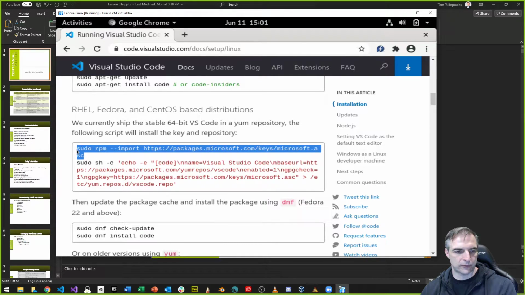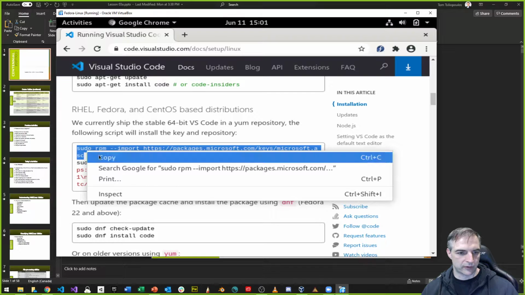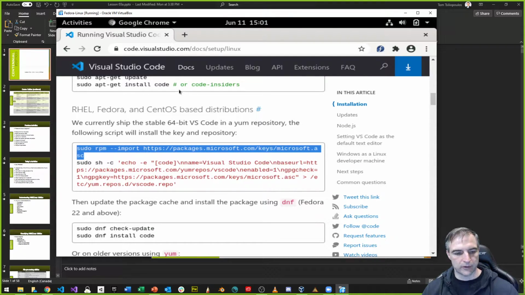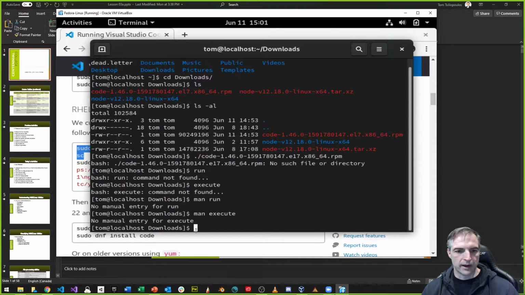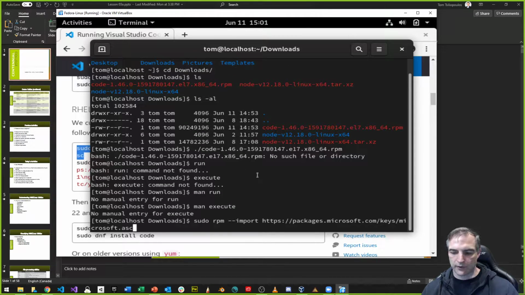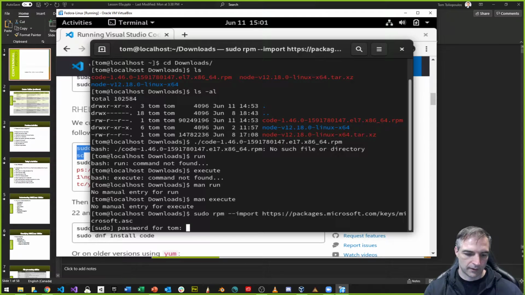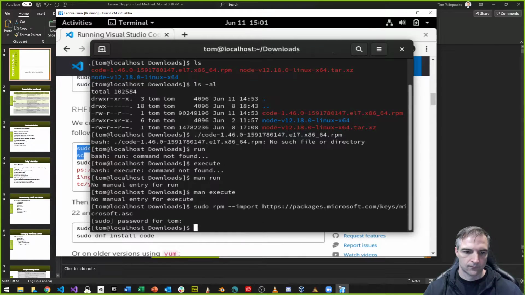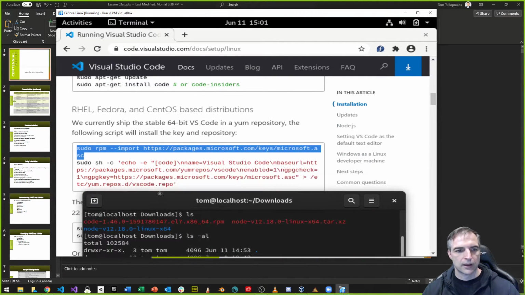So I'm just going to copy this first line. So again, I'm going to press copy. I'm going to go back to my terminal and I'm going to right click here and press paste and press enter. So it's going to ask me for my password. Okay. So that's the first thing. So that basically what it did. What that did was it registered, you know, kind of this distro link is what it is, the Microsoft repository